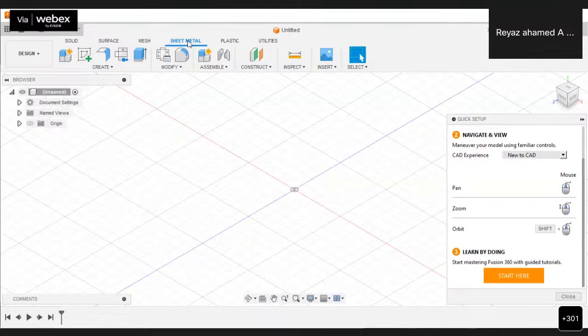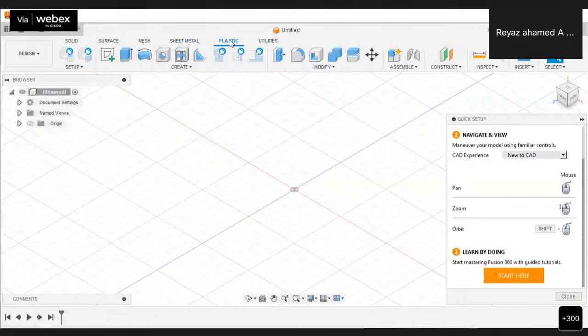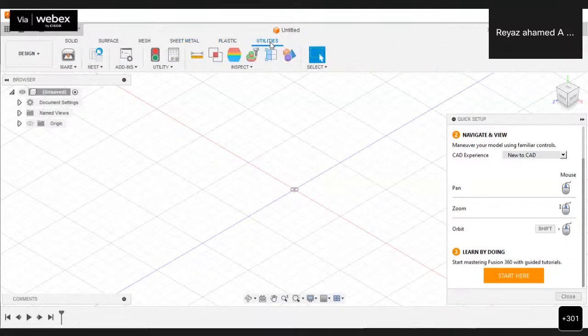Also you may create plastic part designs with the help of the plastic tab. And then different utilities are there actually, so you may add some add-ins, and you may inspect the model which was created in Fusion 360, or else you may bring in models from some other tools by importing.